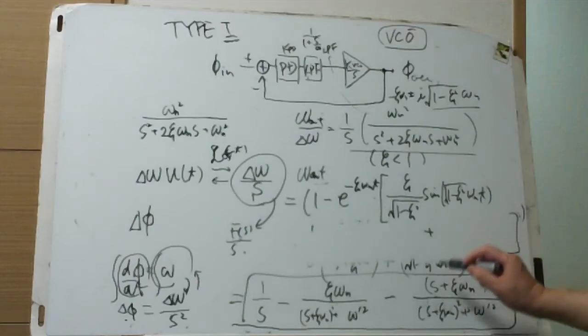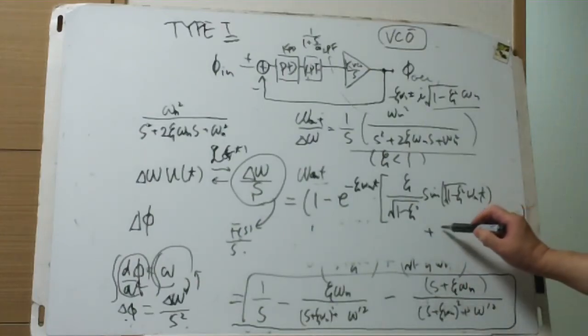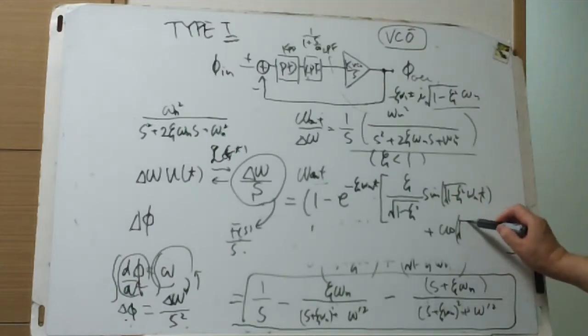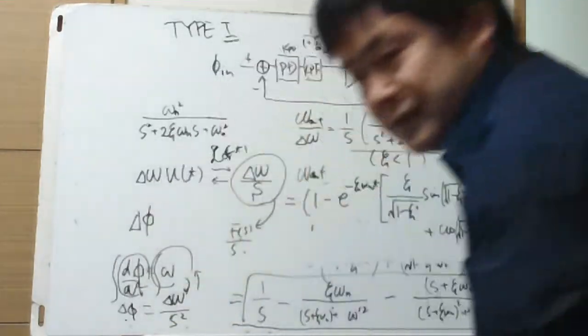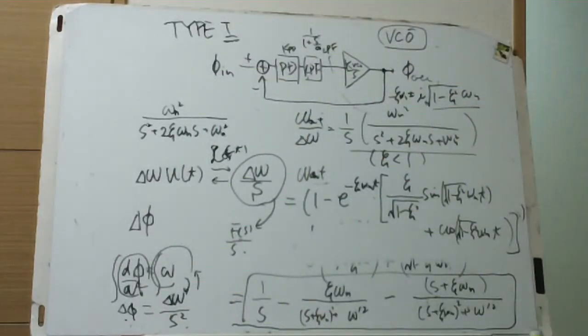And this cosine factor equals simply cosine of square root 1 minus zeta squared omega n t. Because I said, I am